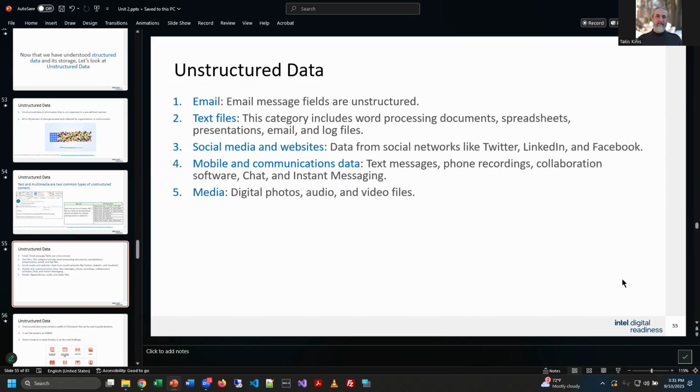Social media and lots of websites where there's interactivity, people that post stuff or react to stuff or comment on things, kind of unstructured also, right? I can't predict how somebody's going to comment, or what reaction they're going to have. Granted, parts of it are structured, but generally a post on a social media website is unstructured information.